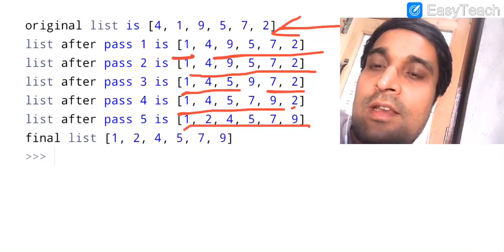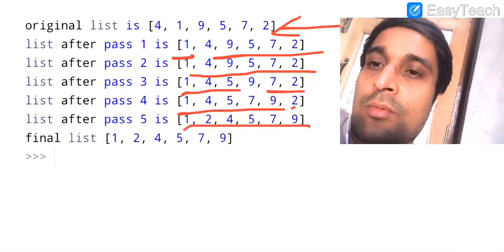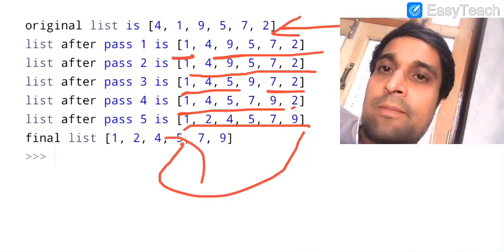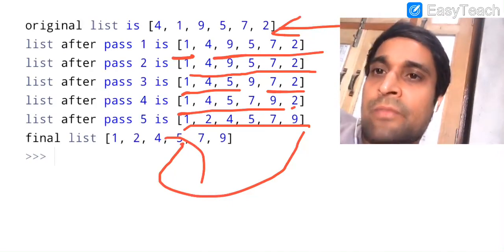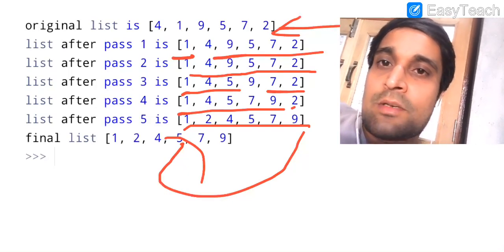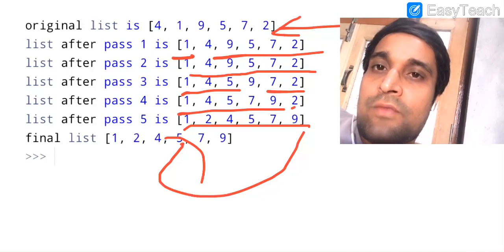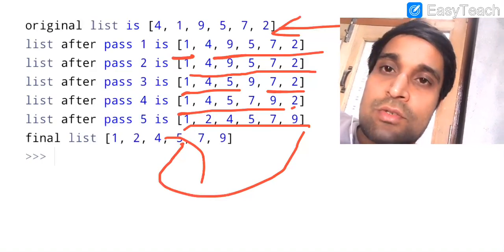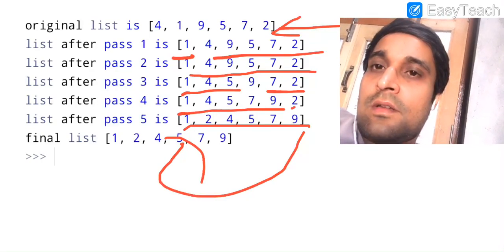So we get our final list like this, and you can see the output is similar to the last print statement that we used in our program. It means our program is working properly. So by this our chapter number 2 is complete, and if you still have any doubt in any of the sorting algorithms, that is bubble sort or insertion sort, then you can ask me.